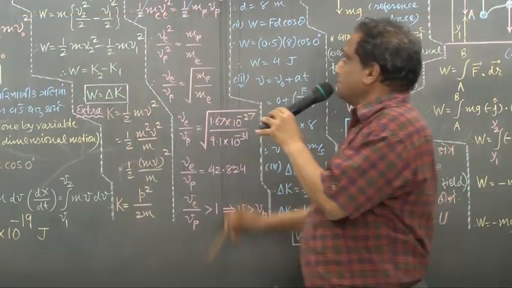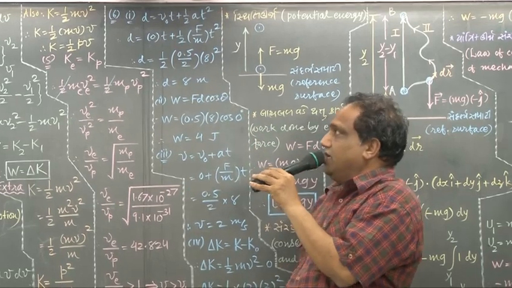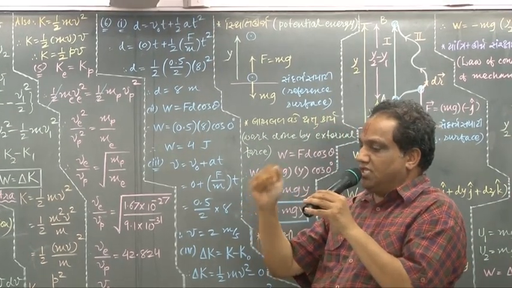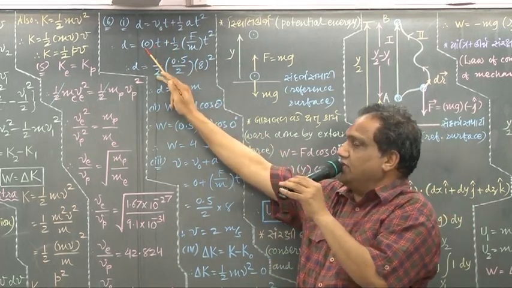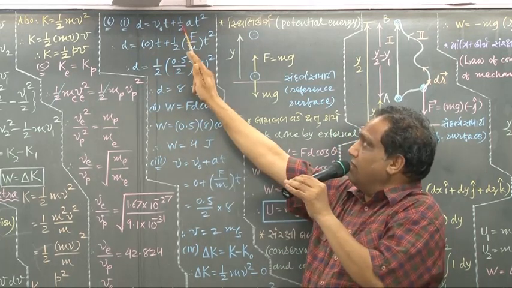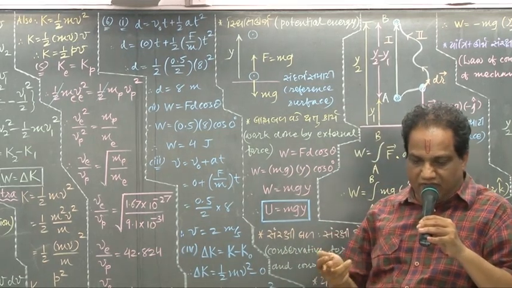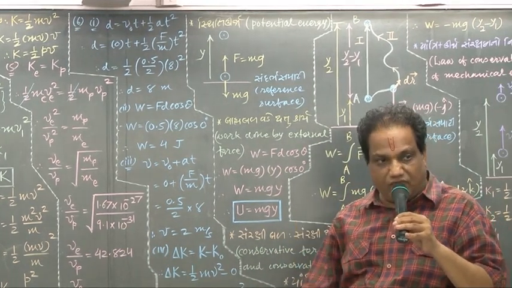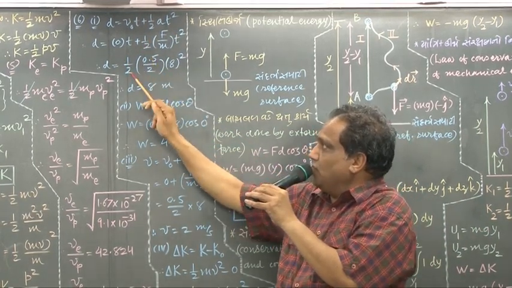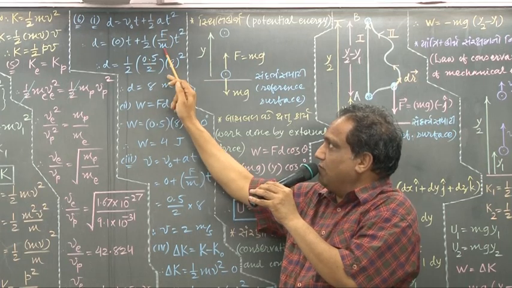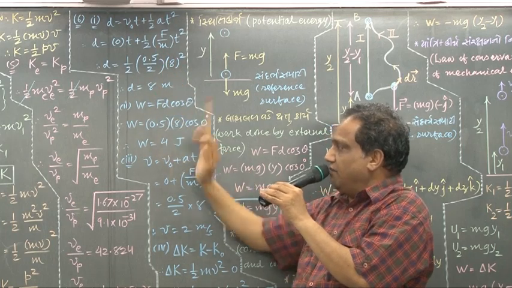Look, d equals v0 t plus 1 by 2 a t square, because the body starts its motion from rest, so initial velocity is 0. Correct? 1 by 2. What is acceleration? Force upon mass. F equals ma, so a is F upon m, into t square. This part is 0. Force you are given 0.5 Newton, mass is 2 kilogram, and time is 8 seconds. Now simplify. Answer is 8 meter.